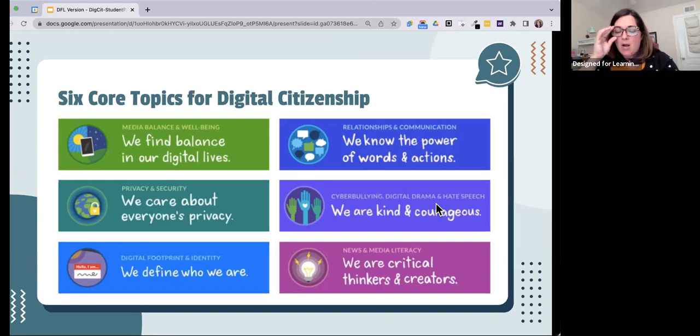So even if you are teaching physics or chemistry or advanced math, there's still parts of these things that we care about as students, because you don't just teach math, you teach the student, right? And your students care about digital well-being because that is part of their life.